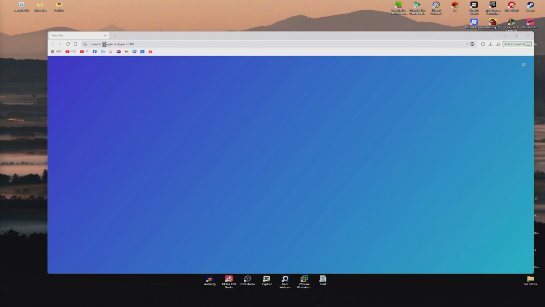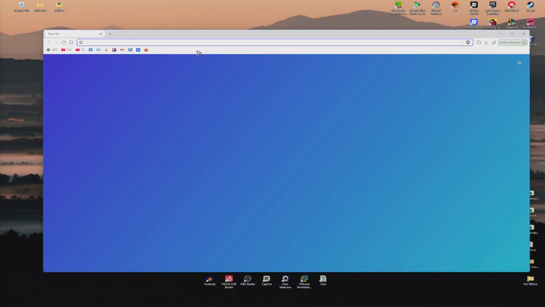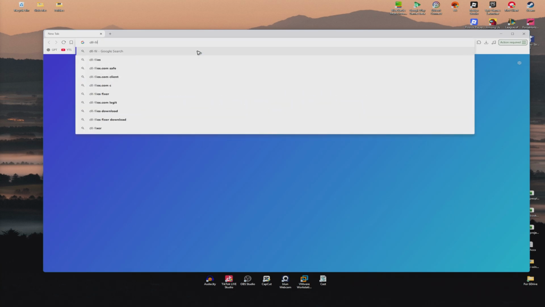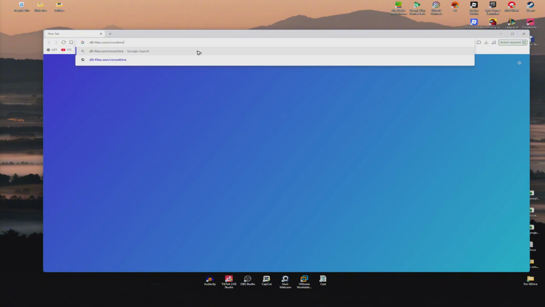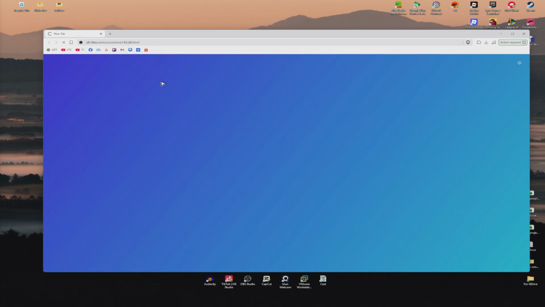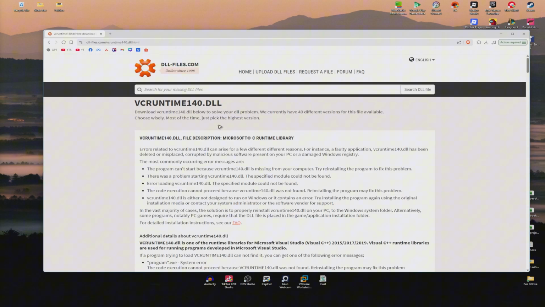So first up, open up your favorite browser. Now go ahead and type down dll-files.com/VCRuntime140.dll.html. Once done, just hit enter, wait for it to load, and once it loads, you just gotta